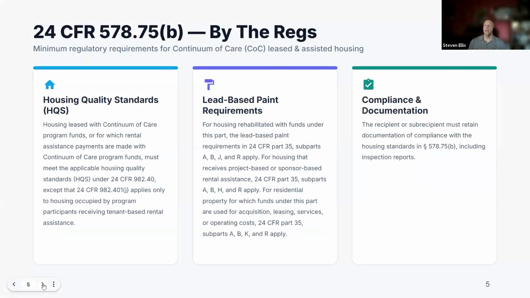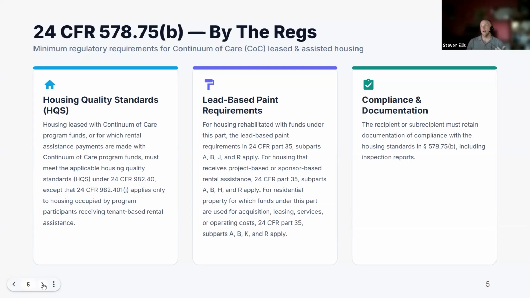Currently, if you were to look at the COC regulations at 24 CFR 578, the COC regulations have been updated to talk about NSPIRE, but there is currently not an implementation notice for NSPIRE. So the information on this slide and what we'll talk about is a past date, what is currently in place, what HUD would currently monitor for.